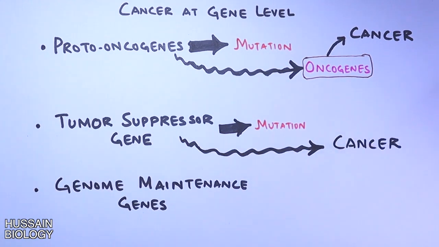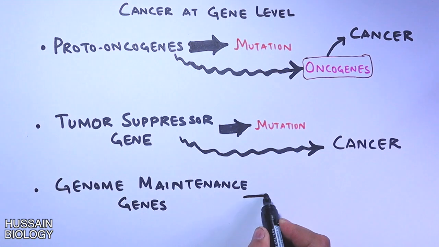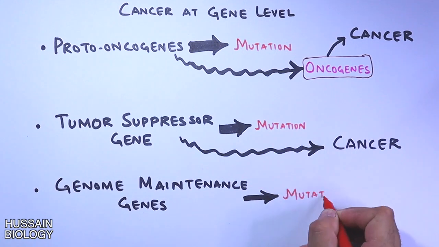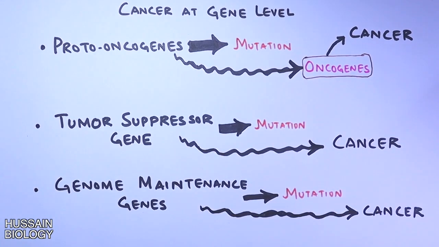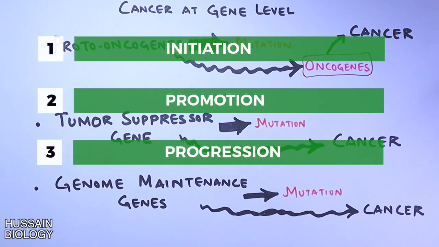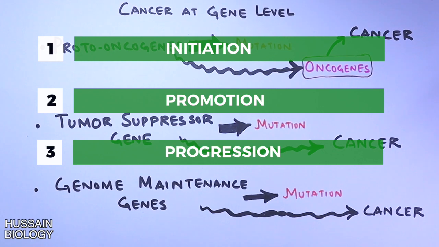Then we have the genome maintenance genes that maintain the integrity of the genome from any kind of errors, like we have DNA repair genes. But these genes, once mutated, also contribute to cancer. Also keep in mind that cancer progresses through ordered steps. First we have initiation, followed by promotion, then progression, and if the tumor mass mobilizes, we call that a